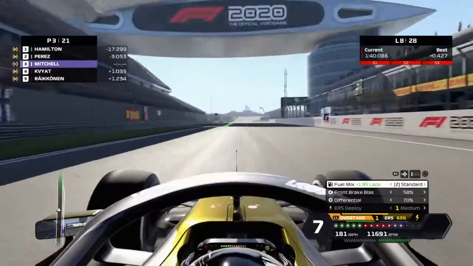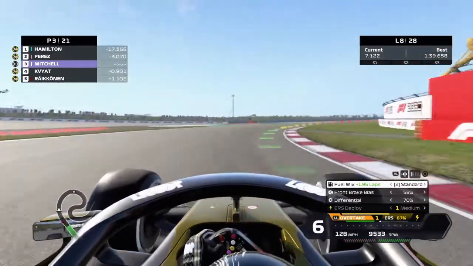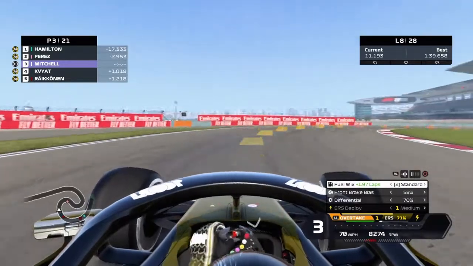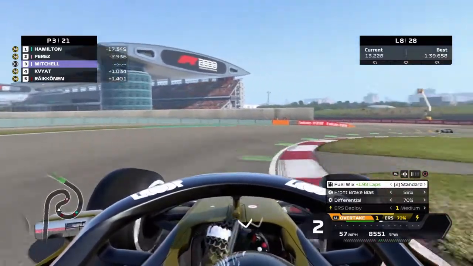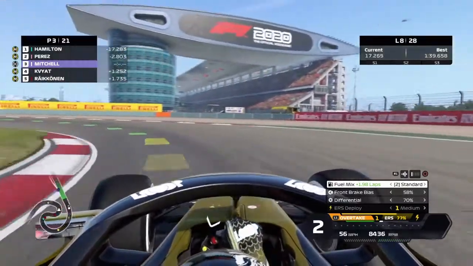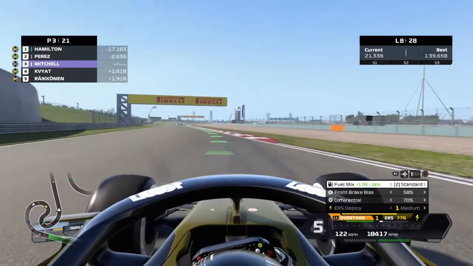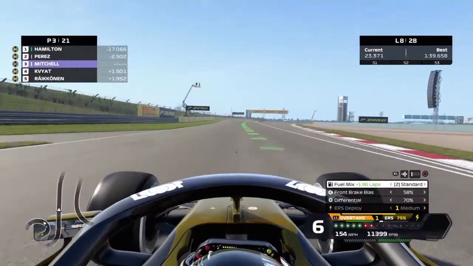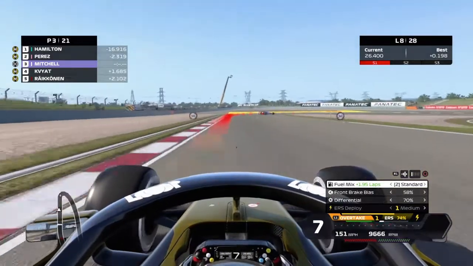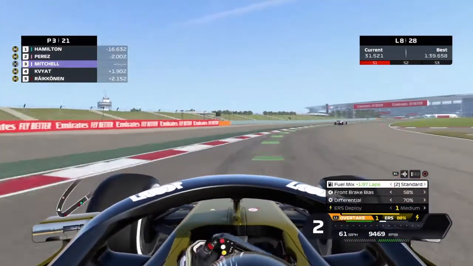We get past Albon, but Hamilton, he is flying up there in P1. The next guy we're looking at is getting past Perez. Once we get past Perez, I'll probably cut off a few laps until it gets interesting again. Before we pit or...